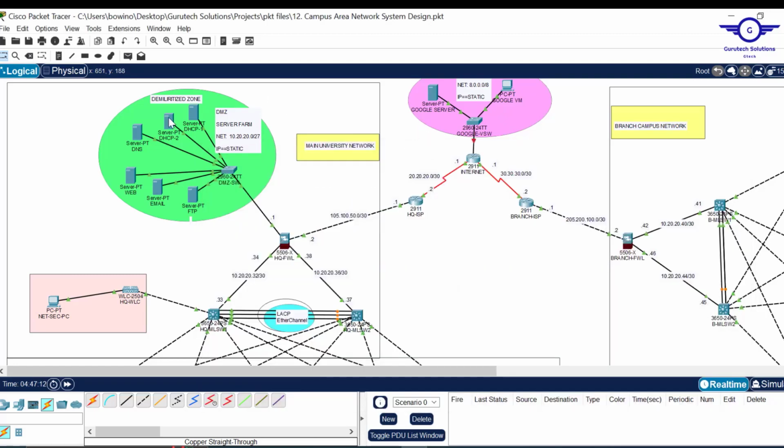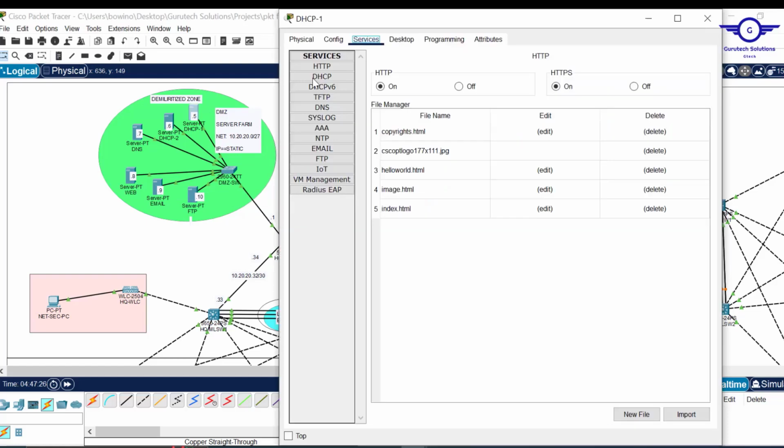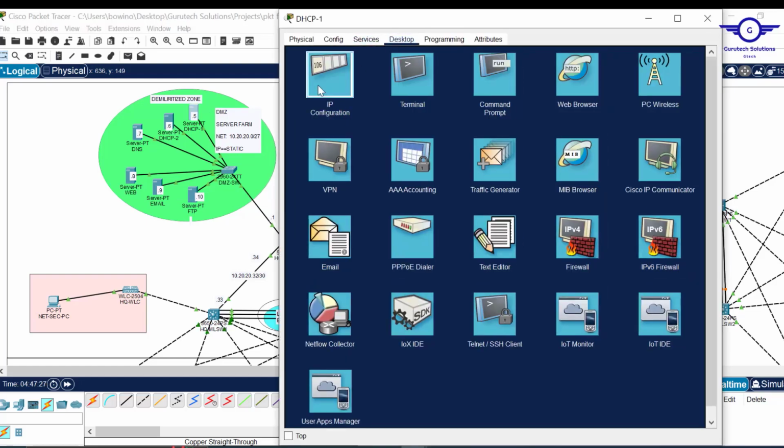So we just go to, I'll just indicate here. Let's say the first DHCP will take .5, the second DHCP will take .6, the next will take .7, and finally this one takes .10, okay? All right, so let's just configure them very, very fast. I start with the first DHCP. I come to this one and